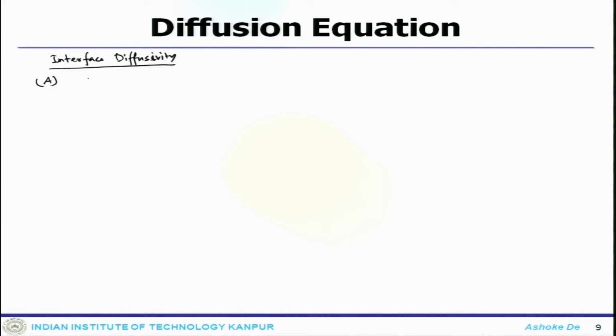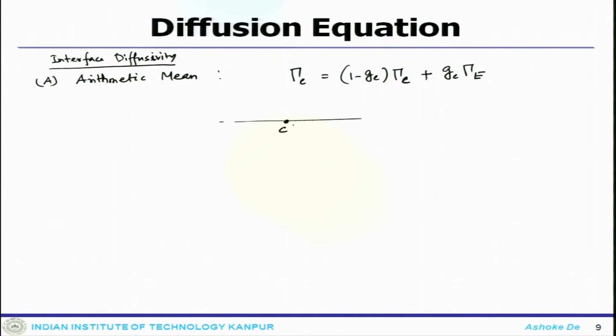Simpler option A, one can use some arithmetic mean expression, which is essentially writing like gamma e equals to 1 minus g e gamma C plus g e gamma E, where your elements are sitting C, E, W. So, this is the interface of E, this is the interface of W, and this guy will have gamma E, this guy will have gamma C, this guy will have gamma W. So, at the east interface you can get the arithmetic mean like that,